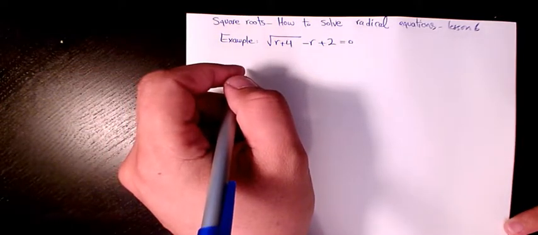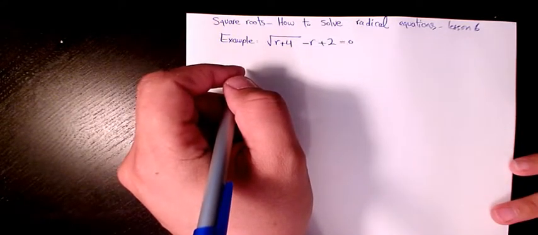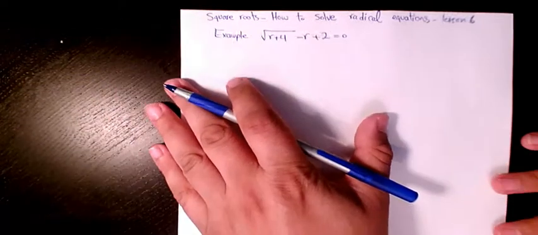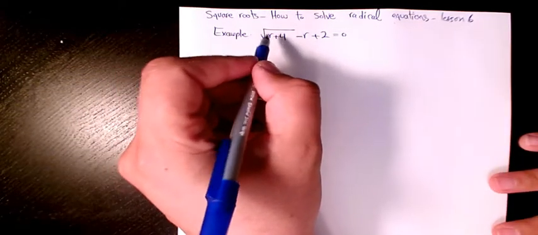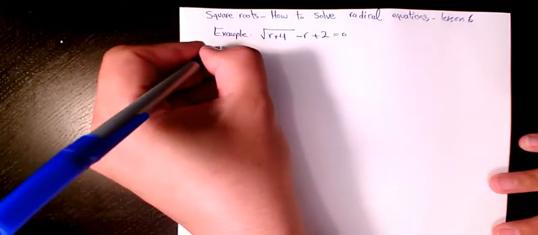Welcome to my channel. In this video I want to show you some examples regarding solving radical equations. This is lesson 6, video number 6 of this topic. First example is square root of r plus 4 minus r plus 2 equals 0. The answer is